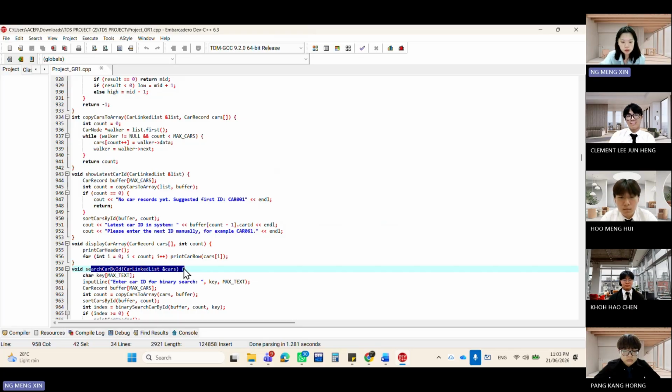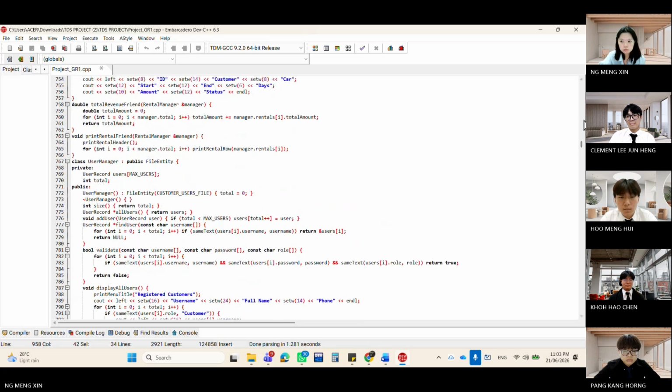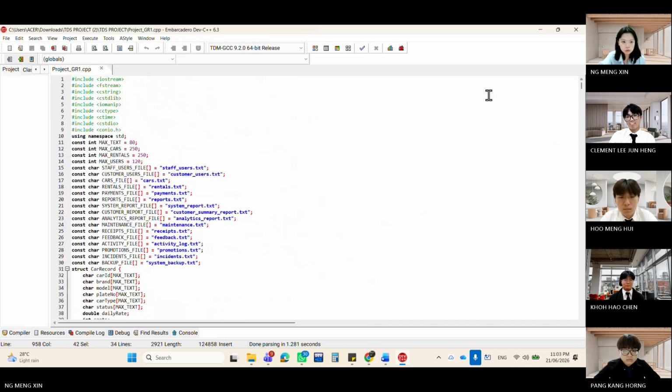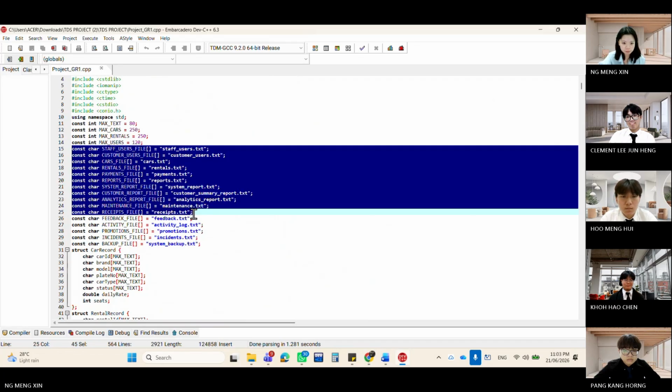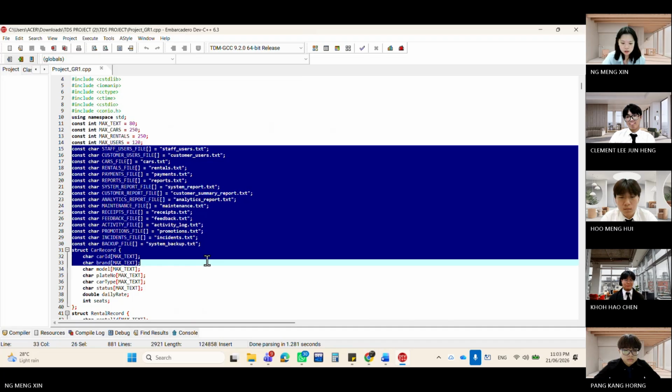Next one is file handling. So we have create file. The system uses text files such as car.txt, rental.txt, payment.txt, and maintenance.txt.